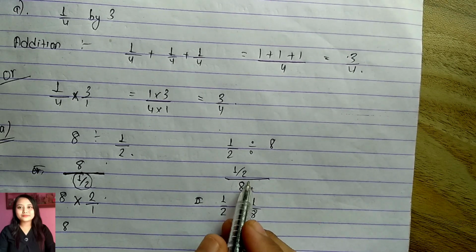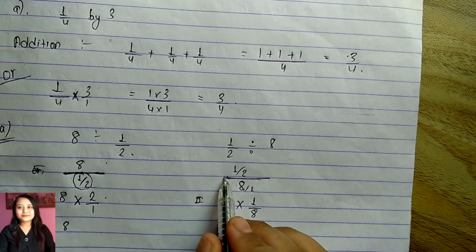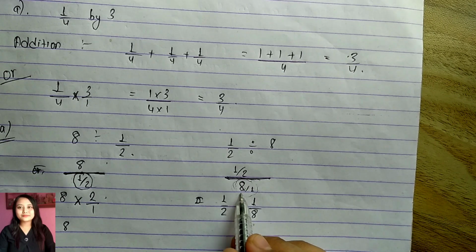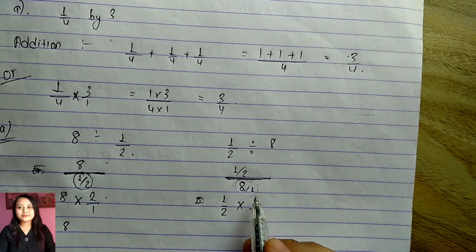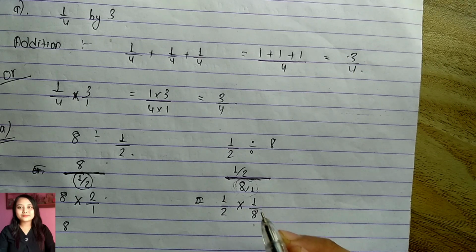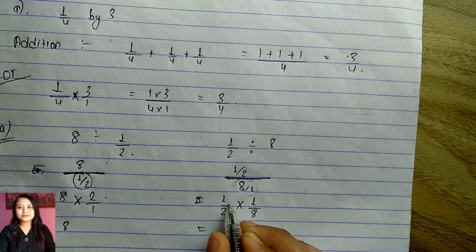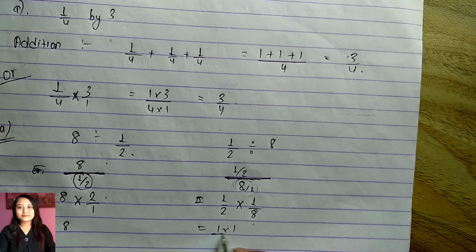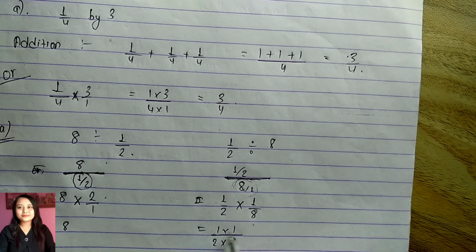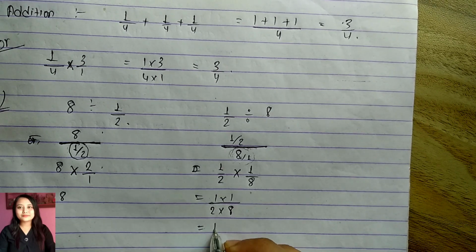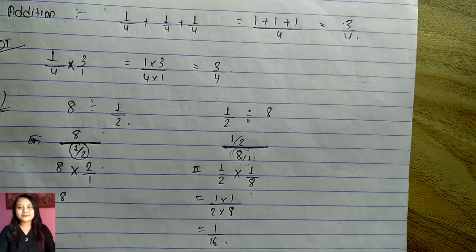You have to understand that after the main divisor, the number is given here, 8 by 1. So 8 by 1 will just be inverted, just the opposite of it. That means 1 by 2 into 1 by 8, now there is a multiplication sign, no? So we'll simply multiply the numerators and the denominators like this. So 1 into 1, 2 into 8, we will simply multiply. So there is no other confusion like that. So it will be 1 by 16.